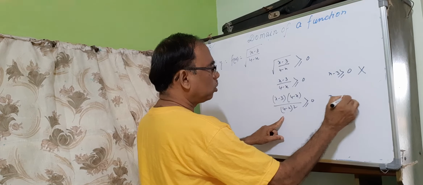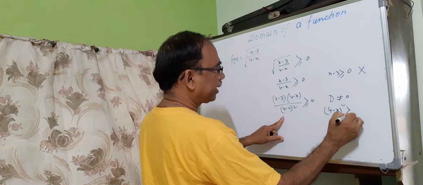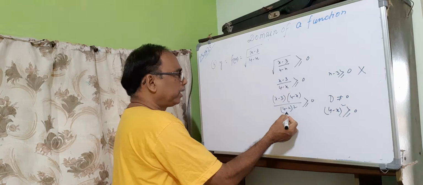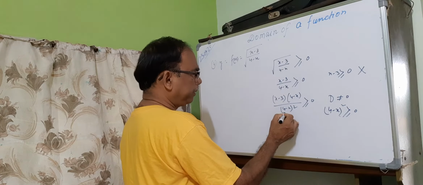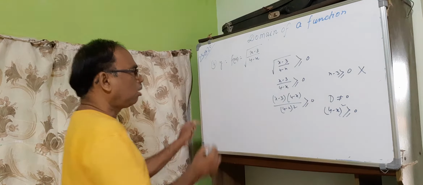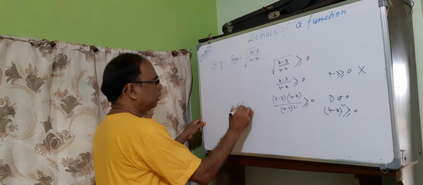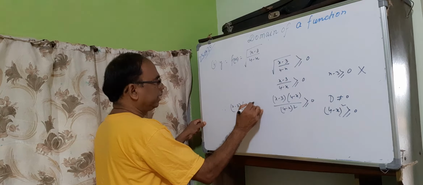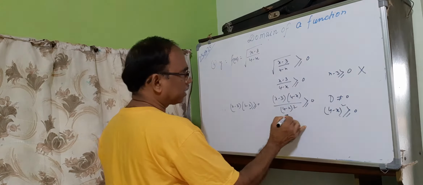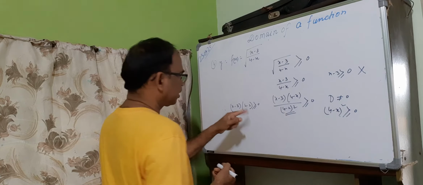The denominator should not be equal to 0. That is, (4 minus x) whole square is greater than 0, because if we take any number, if this is positive, that is positive, and if it comes negative, it should always be positive because it is the square of this. Therefore, (x minus 3) into (4 minus x) is greater than or equal to 0, because the denominator is positive. A number squared is positive, that's why this is greater than 0.